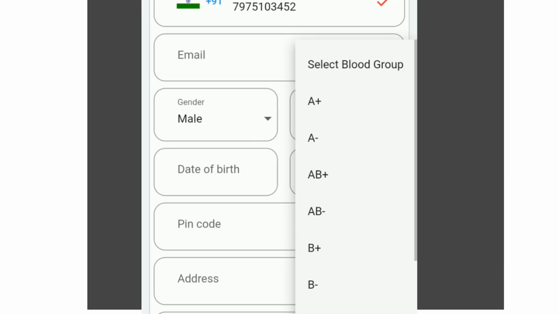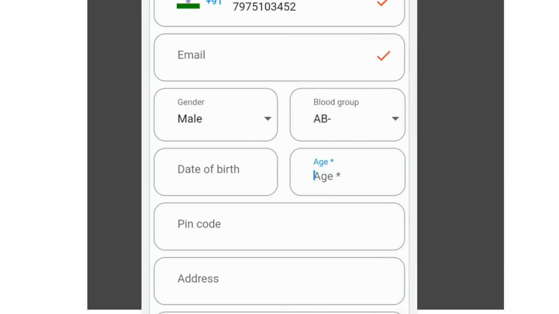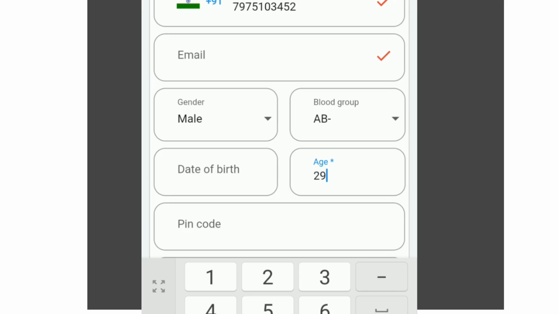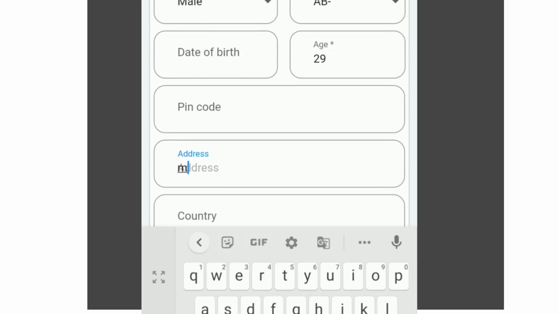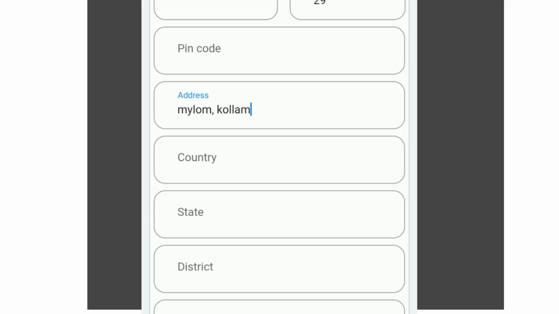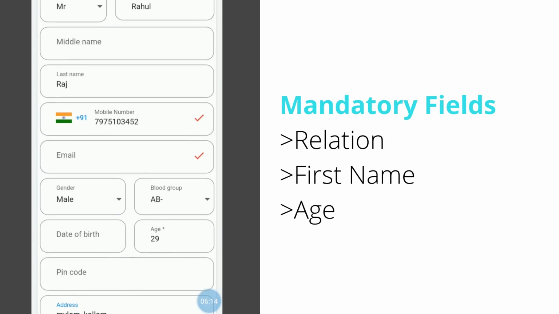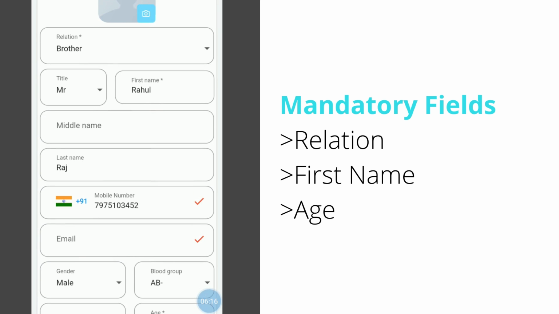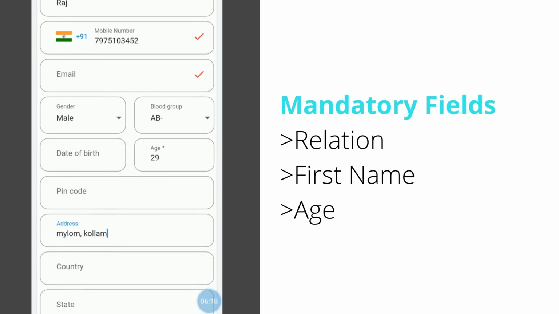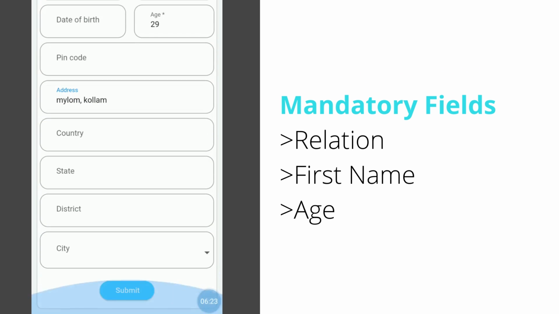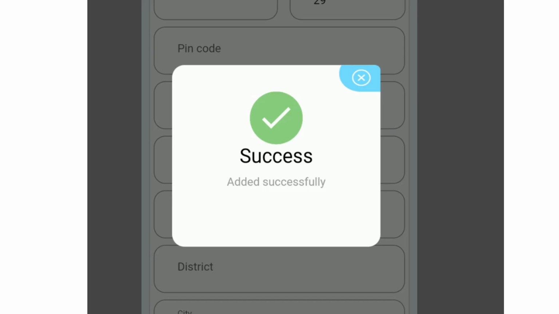I'll go and select his blood group, his age, and then add address. Please note, in this, the relation, the first name and the age are the mandatory fields that you must fill in. So once that's done, you can go ahead and click on the submit button here.